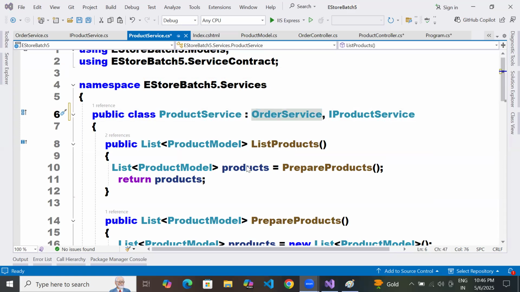Sir, multiple inheritance is possible here. My question is, why do I need to implement the interface in my order service since it is a base class? Then you are going to create an object for the order service, not for the product service, right? Sir, for both.